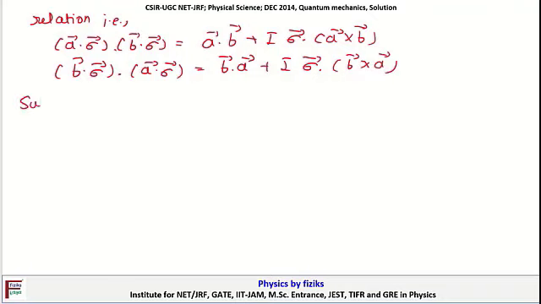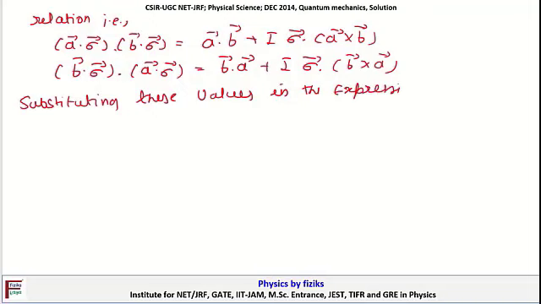Substituting these values in the expression of the commutator, we get